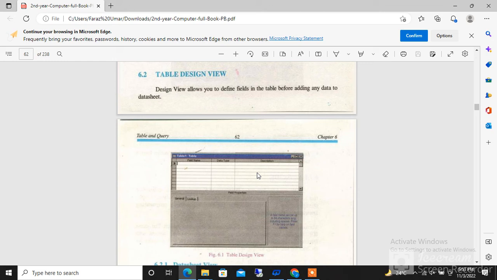पिछली वीडियो में हमने चैप्टर नंबर 6 का टेबल एंड क्वेरी का ओवरव्यू लिया था। आज हम टेबल डिज़ाइन व्यू पढ़ेंगे, ठीक है। तो आपने वीडियो को पूरा देखना है और चलते हैं हम पढ़ने पर। तो ये है डिज़ाइन व्यू: allows you to define fields in the table before adding any data of